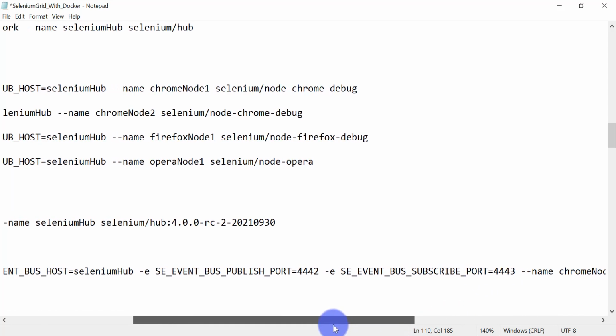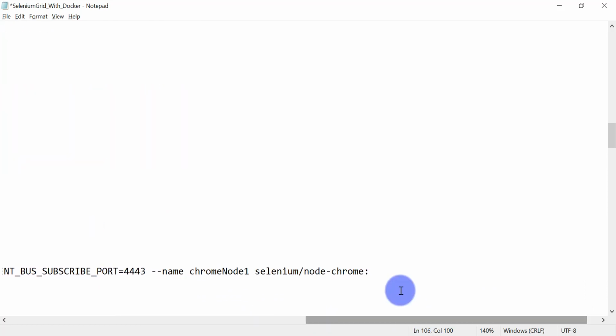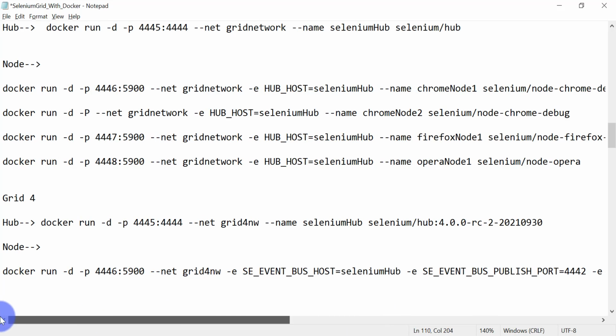So our tag should be this one. This we have used for the Selenium hub, and the same we need to use for our node containers. So this is the complete command for creating our first node container running Chrome browser.